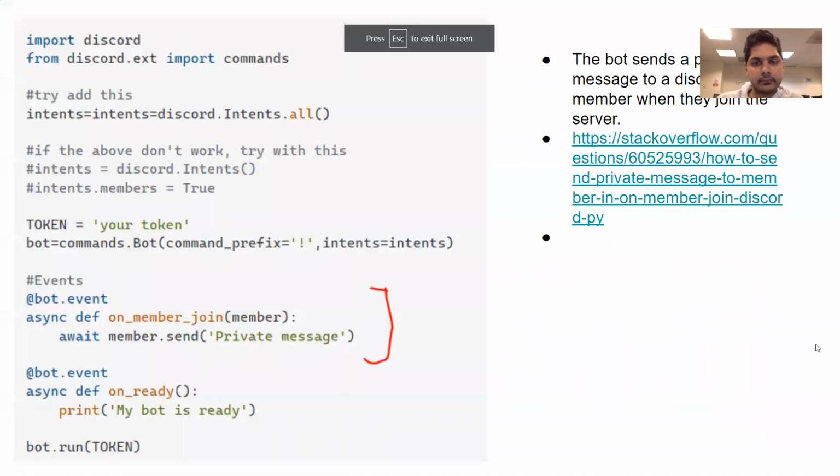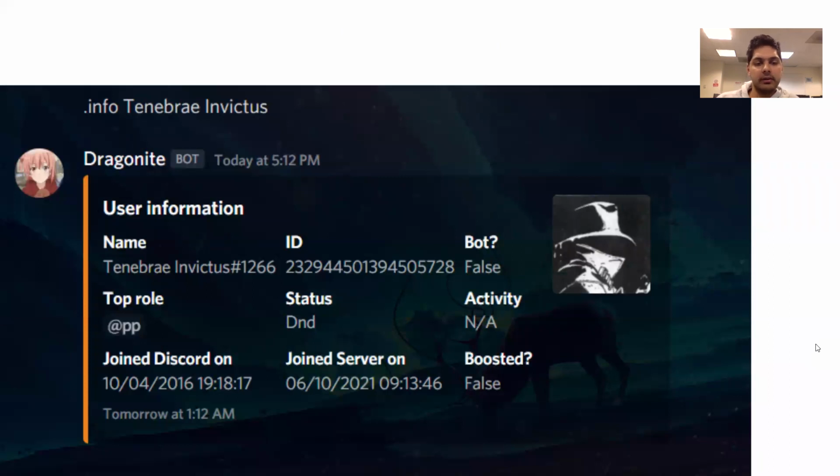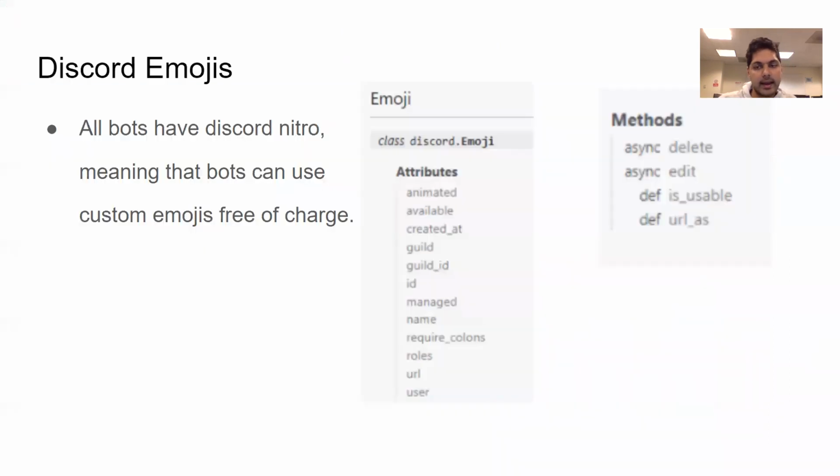So, this is just another example output of the info commands. And okay, Discord emojis, emojis are kind of big. I prefer emojis over the buttons, but when I started Discord, they didn't really have buttons. That's what most of the bots are doing and what they're trying to lean towards, but I'm not a big fan of that.